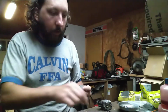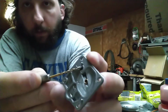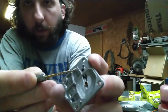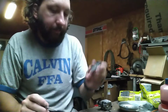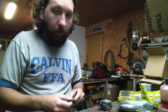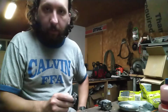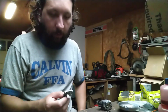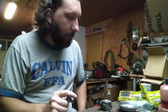So now what we're going to do is put some JB Weld right there where it impulses from the crankcase through the intermediate flange. But you don't have to see that, and everything else is just plug and play. I just wanted to show you that because that was the more technical portion of this, and some people may not feel